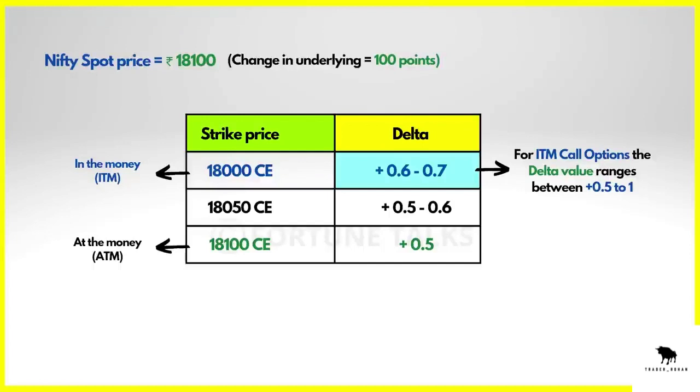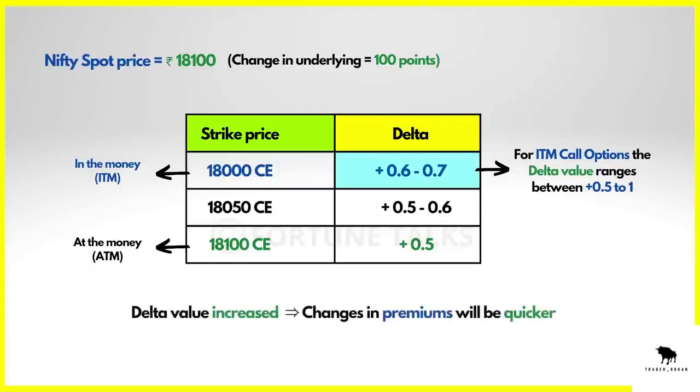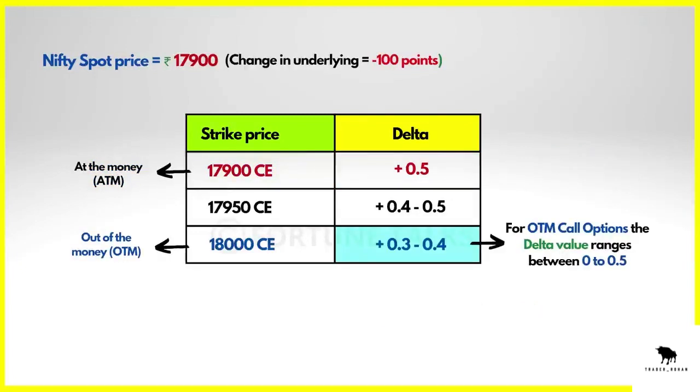Since we know that the delta range of ITM options is between 0.5 and 1, in this scenario the delta will vary between 0.6 and 0.7, which will in turn mean that the strike price premiums will increase faster than before. Now, on the opposite, if the Nifty spot price were to fall 100 points to 17,900,